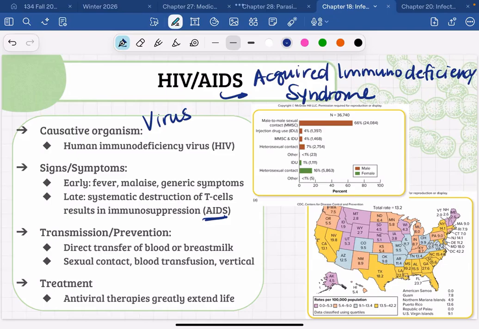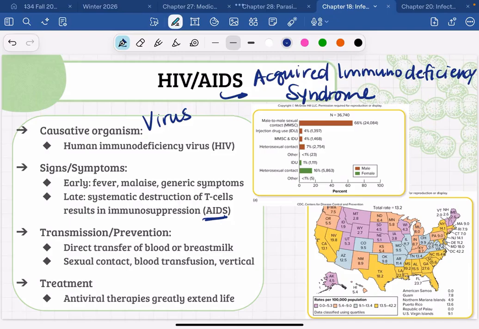It used to be transmitted before it was very well known. So HIV first became very widespread and well known in the 1980s, which is not very long ago, right? I know it seems like a long time ago to you, but I was born in the 1980s. Wasn't that long ago. Before that, people didn't know what it was, and it became a huge epidemic in the 1980s. And before it was really known what it was, you could get HIV from blood transfusions. Now that can still happen, but most blood products these days are tested extensively for HIV before they are put in somebody else.